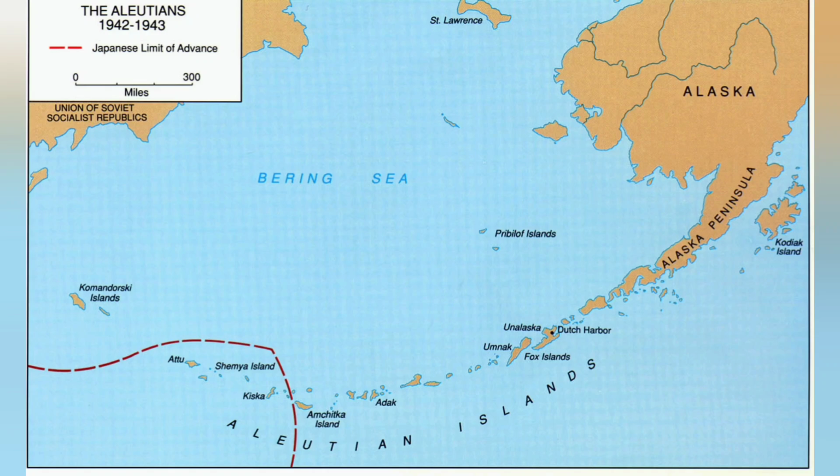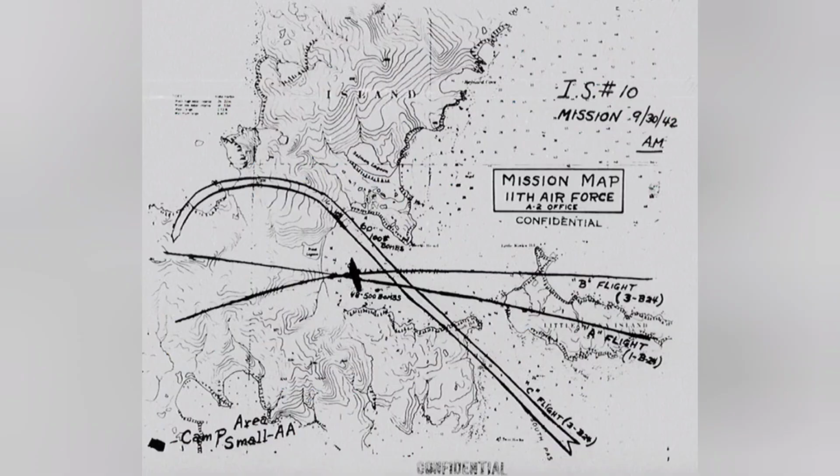Being so close to the United States put the Japanese within range of heavy bombers, and by the 11th of June, the United States would begin bombing operations on Kiska Island in an attempt to bomb the Japanese off the territory, and bombing raids would become a near daily occurrence. The bombing raids did not deter the Japanese from containing the island, and by the 28th of June, the seaplane